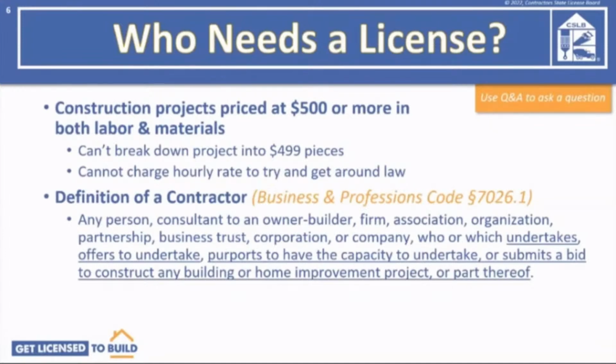Here in California, a state contractor's license is needed for all construction projects priced at $500 or more. That total includes both labor and materials. The law doesn't let you break down a project into $499 pieces. It's the entire project. Also, you cannot charge an hourly rate to get around the $500 threshold. If the hourly cost times the number of hours for the job totals $500 or more, you need a contractor's